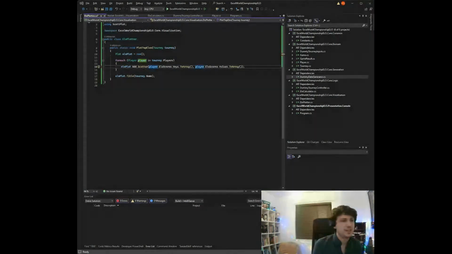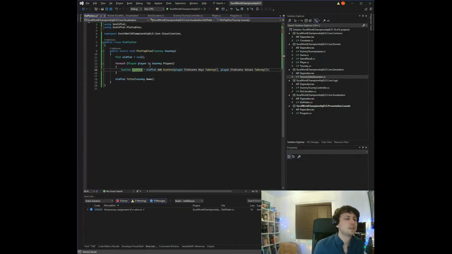Scatter plot, label, scatter lines. Okay, I think it looks like it will do the color automatically. Okay, so the way we do it is this here returns a thing. I don't know what it returns. It's meant to tell me when I hover over it, but it's not. There we go. It returns a scatter, and then we edit that scatter object. Fine. Okay, so scatter dot,